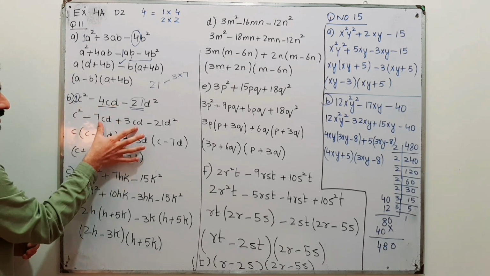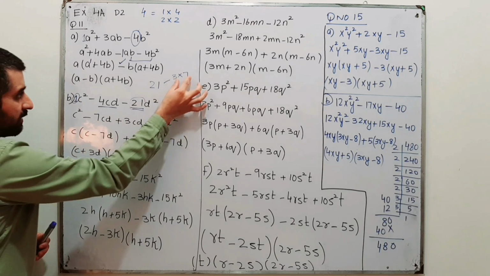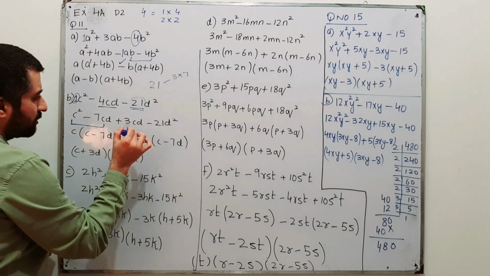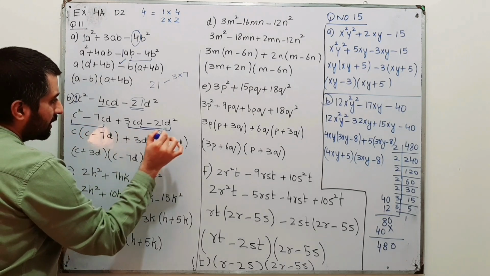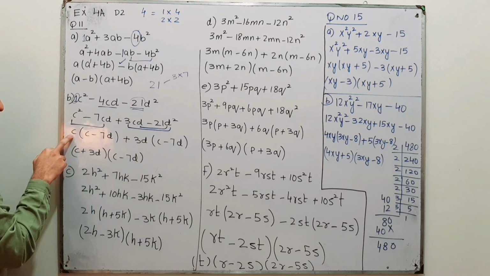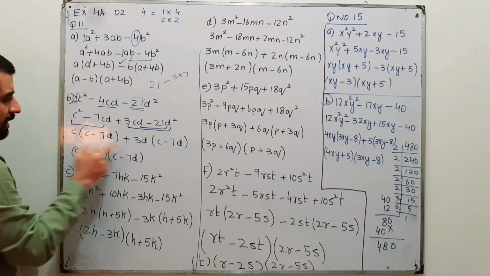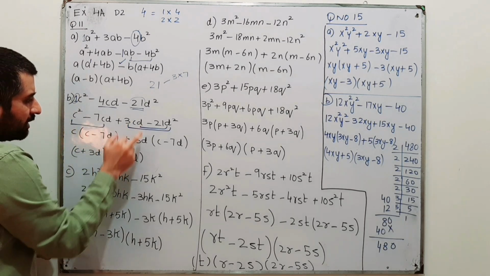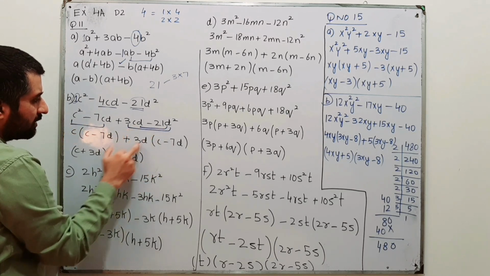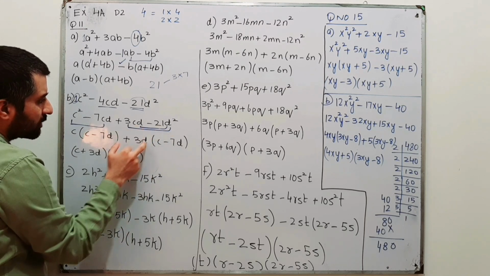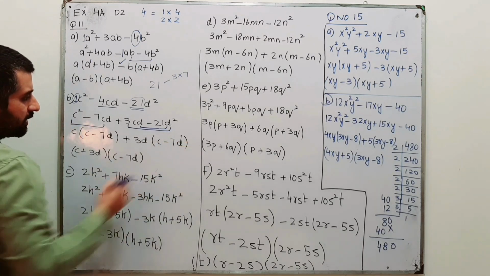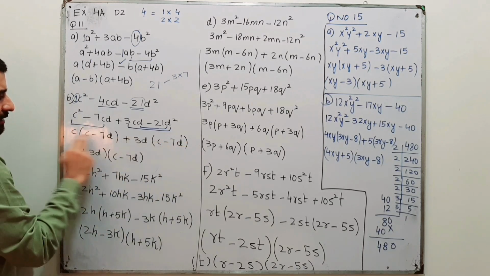So the middle term is broken down into two terms which are obtained from the factors of 21. So take out common from the first two. c is common from the first two, and from the last two, 3 as well as d are common, so take out 3d. From the first two, if you take c as common, you are left with c minus 7d. Then 3d is taken out as common: c minus 7 times 3 is 21, and when you take out d as common out of this d square, you are left with d to the power 1. So one factor is c minus 7d, another factor is c plus 3d.